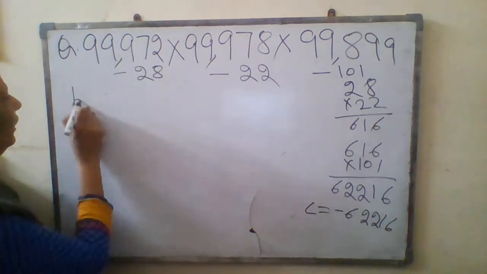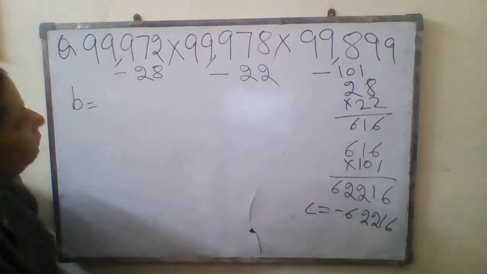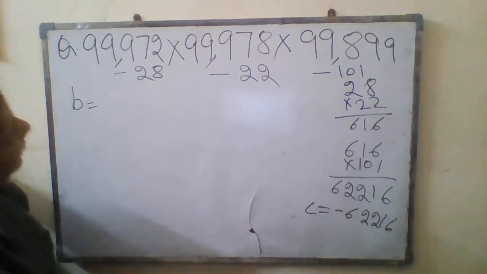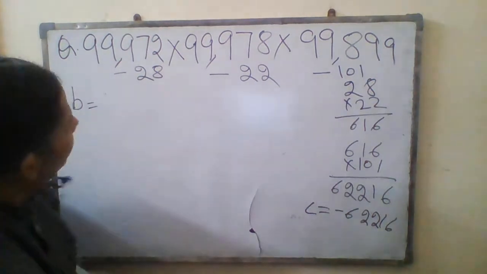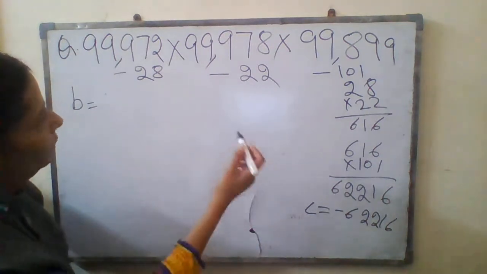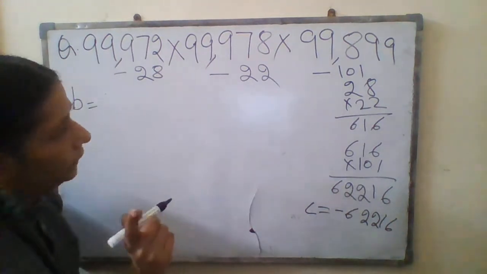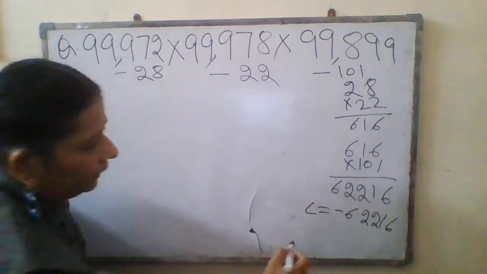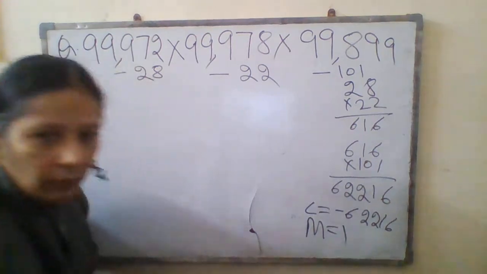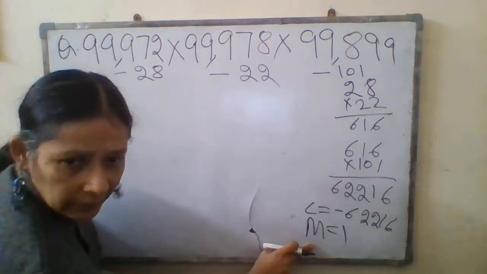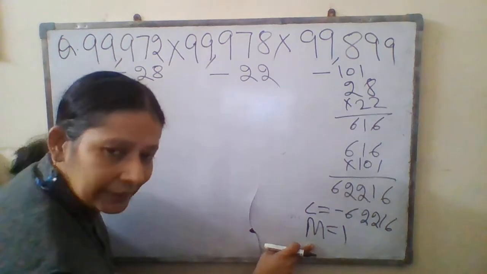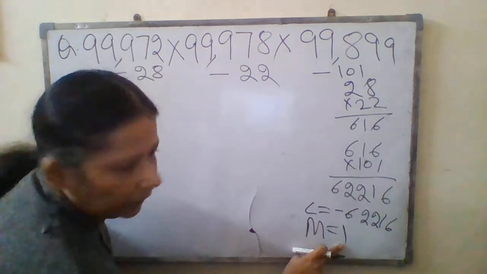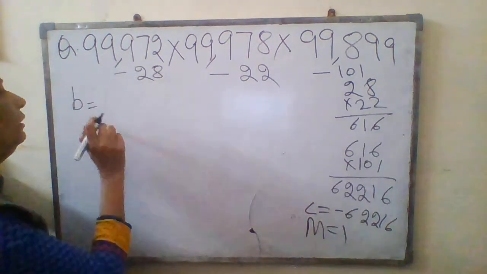Now you see, you have to find out the value of B. How will you find out the value of B? First you see what is the multiplier here. As you see, 1 lakh is the base now. I told you 1 lakh is the base. So the first number is the multiplier. The multiplier is 1. Why is the multiplier 1? Because the base is 1 lakh, so from 1 lakh it is 1. That is why the multiplier here is 1. So you have to write down here 1.